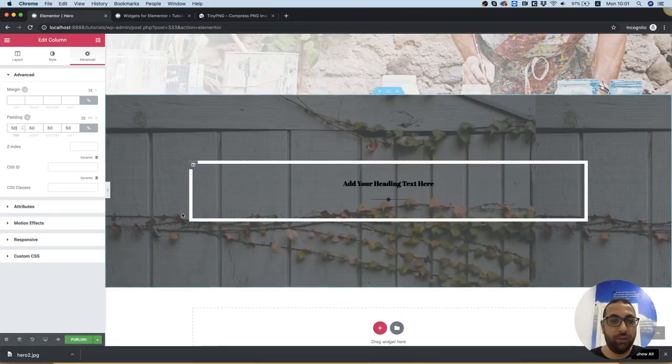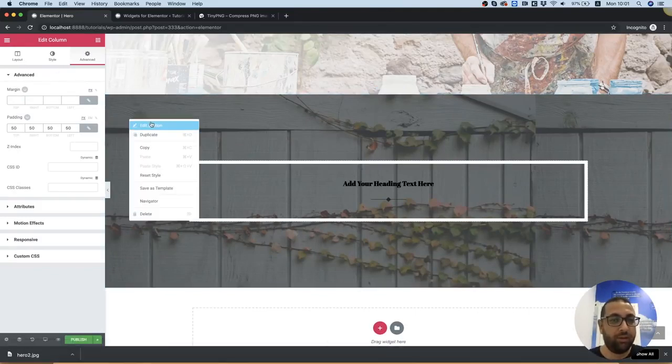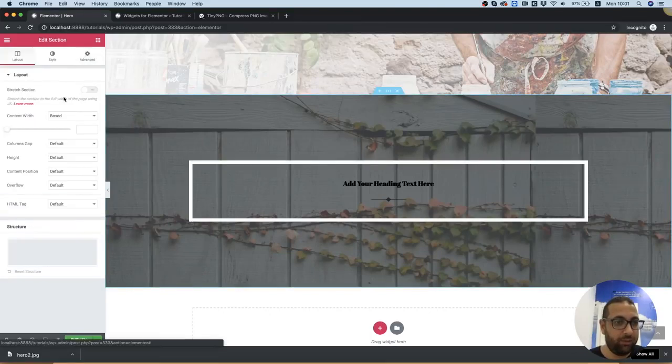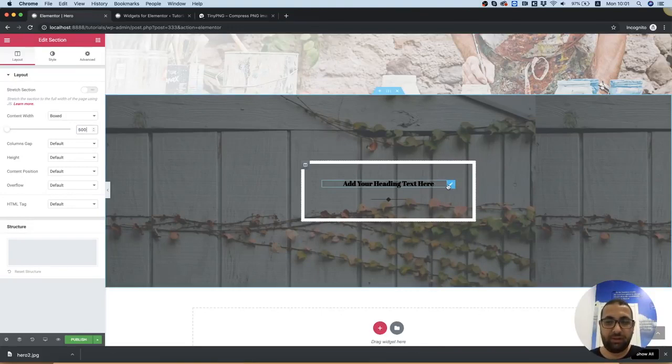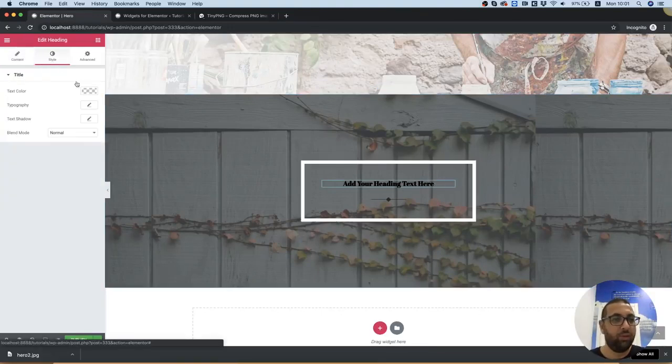Now this is way too wide. To make it less wide, I'm going into the section layout, and we can decide how big the width of the section is. So let's say 500 pixels. Perfect. Let's change this to white,